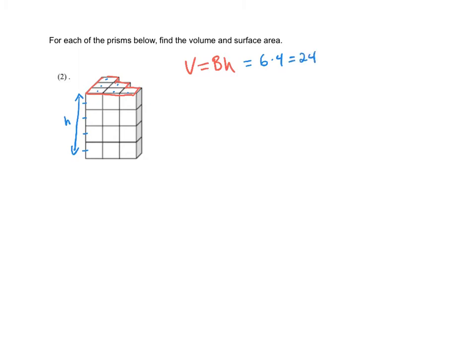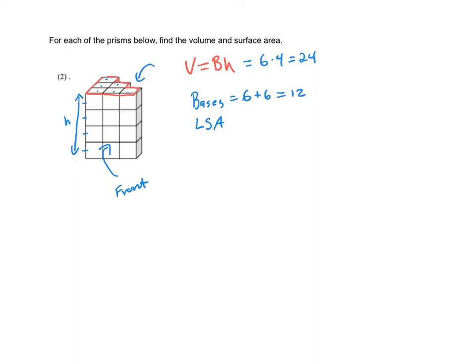Next, we want to find the surface area. To do that, I'm going to start off by finding the area of the bases, which we already did. There's 6 on top, so that means there's 6 on bottom for a total of 12. Then we need to find the area of the lateral faces. So to find the area of the lateral faces, or the lateral surface area, I'm going to first start off by doing the front